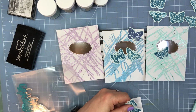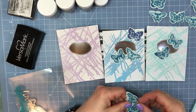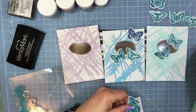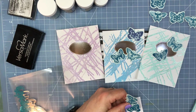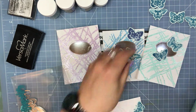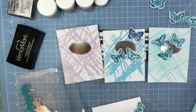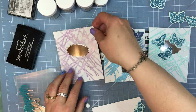Excuse me. And there we go. And this one too. He's kind of, let me get my pokey tool so I can lift these up off my mat. He's kind of got a little bit of a distressed look. So those three. And then for the purple,